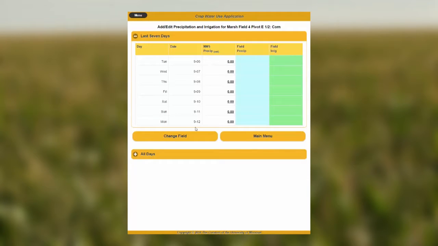And this is towards the end of the season. We're in September now, so we've had a dry time, so there's no rainfall there, and we haven't been irrigating this field because that corn crop is almost done, or we're getting ready to harvest it. But if,